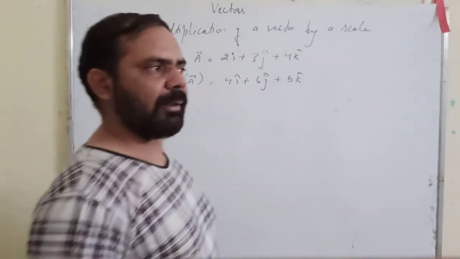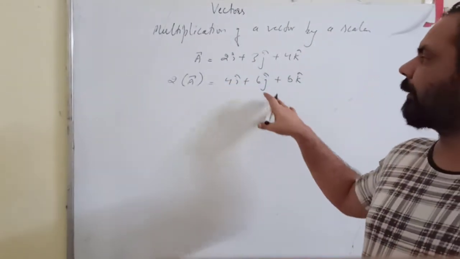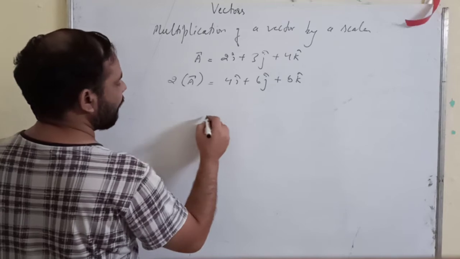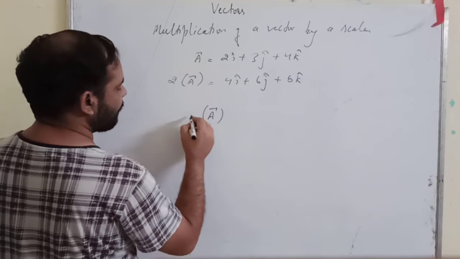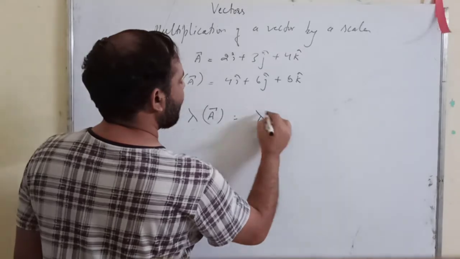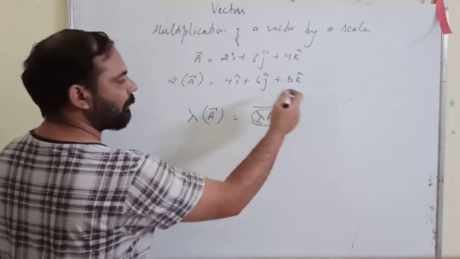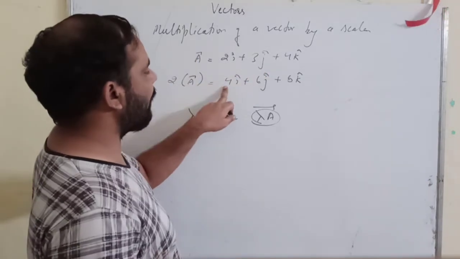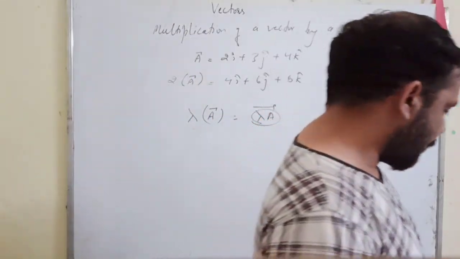Okay, so it is very easy. How do we multiply the vector by a scalar quantity? We simply multiply its magnitude by that scalar quantity. Suppose you are given a vector a and you want to multiply it by a constant, let us suppose lambda is that constant, a scalar, then it will be lambda times the vector a. You simply multiply the magnitude by that lambda and put an arrow mark. In Cartesian coordinate form, you multiply the individual components by the scalar. Excuse me sir. Yes.